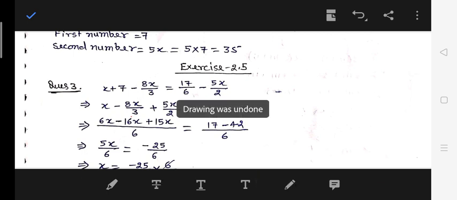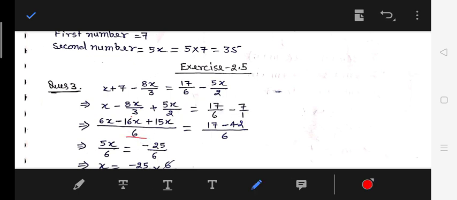So I have sent the similar values to the other side, and now I am going to take the LCM. Now in the left side, what is the LCM of 2 and 3? The LCM of 2 and 3 will be 6. So x upon 1, since there is no other value, it will be x upon 1. So 6 upon 1 equals 6, 6 into x, 6x. 3 twos are 6, 2 into minus 8x, minus 16x. And 2 threes are 6, and 3 into 5x will be 15x. Equal to, in the right side, again what is the LCM of 6 and 1? That will be 6. So 6 ones are 6, and 1 into 17 is 17. And 6 upon 1 equals 6, 6 into 7 is 42.